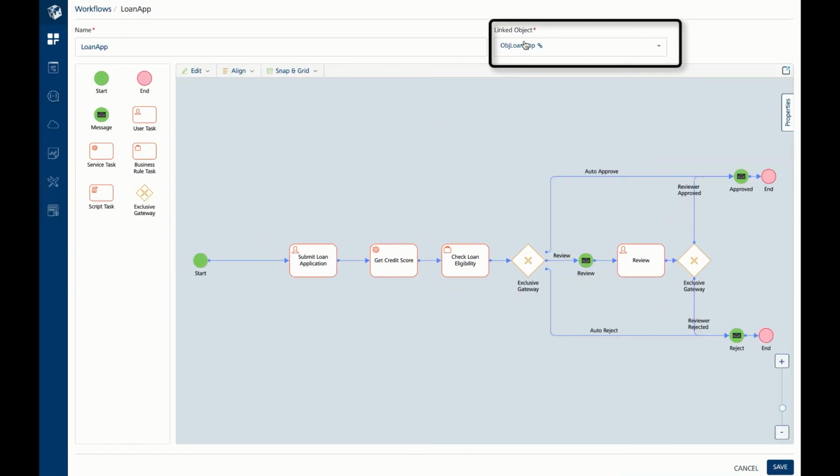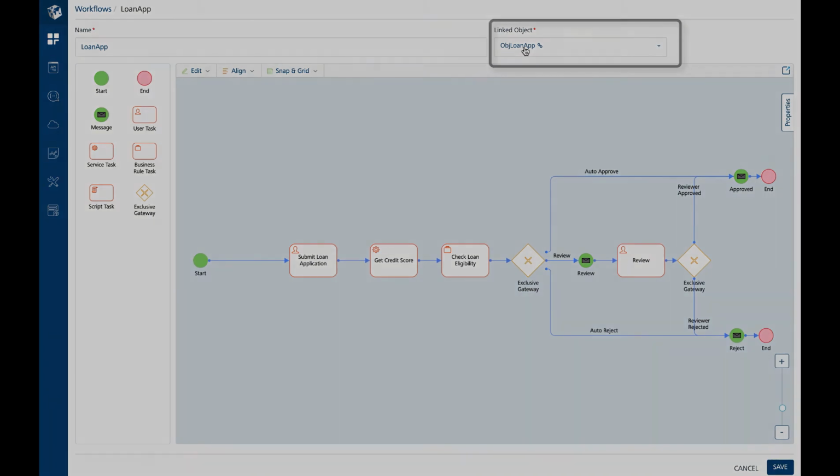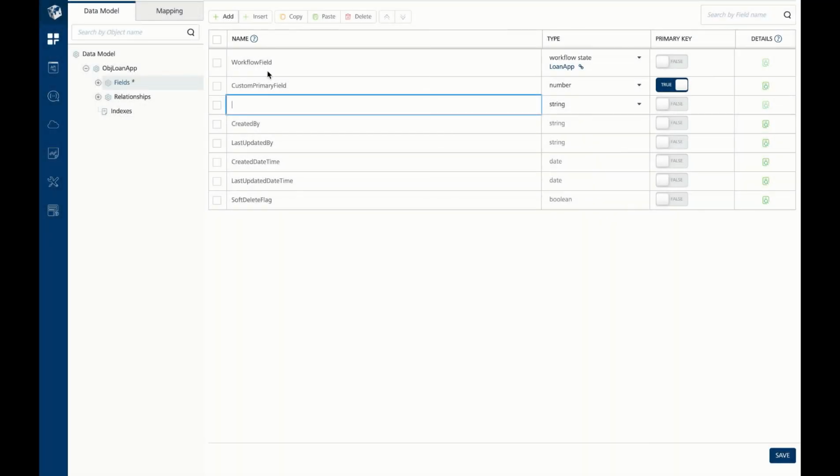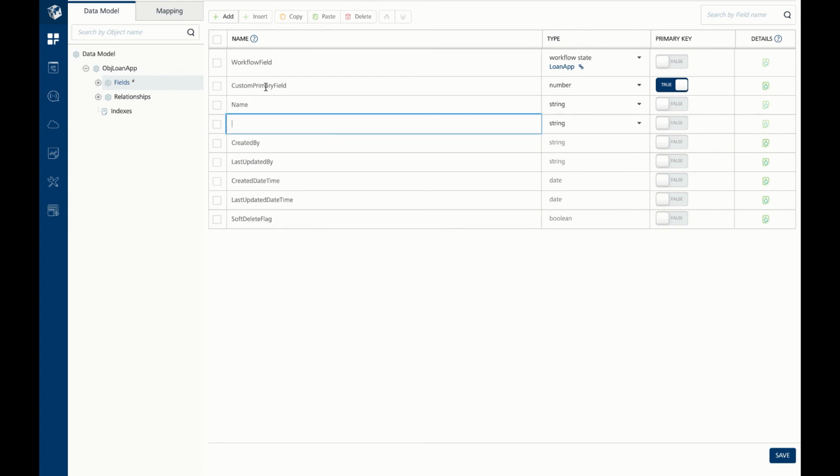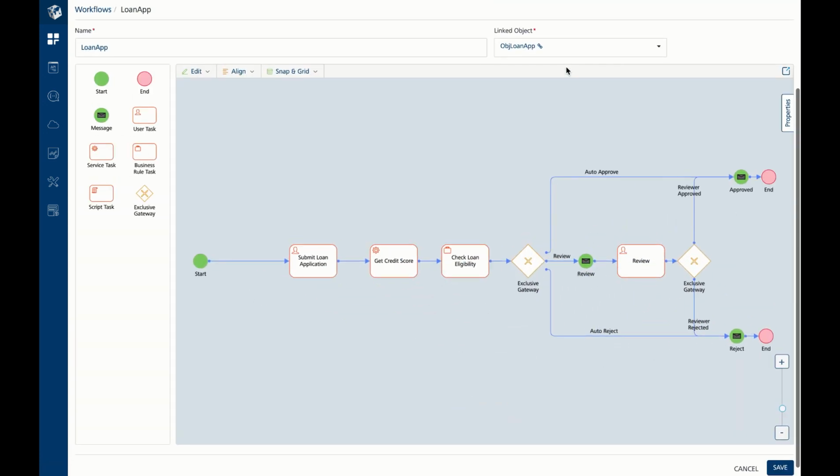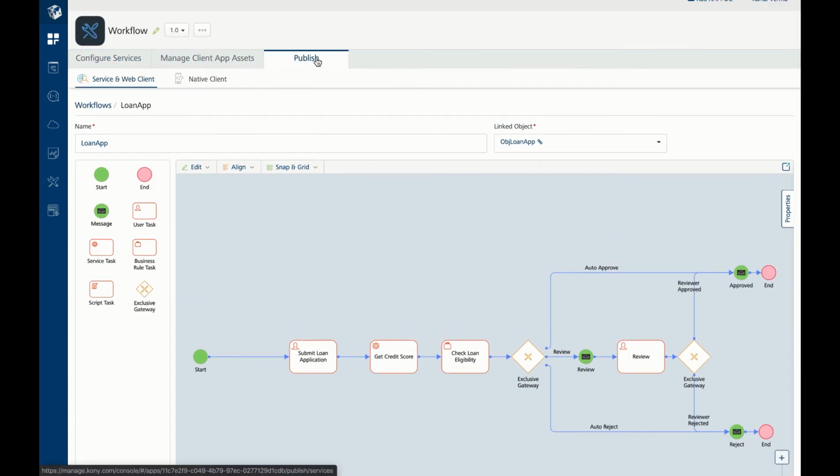Now since we opted for the default object, we need to add fields in the object to store user details. A click on the object name will take us to the Object tab. Here we will add the fields. A click on the workflow name will take us back to the Workflow tab. Now we will publish the workflow.